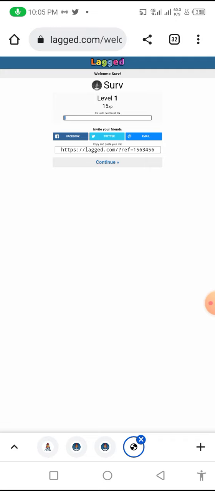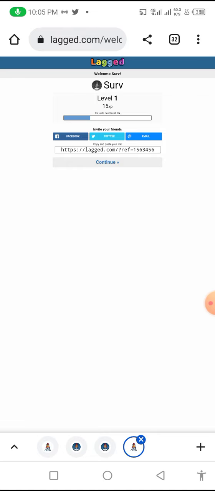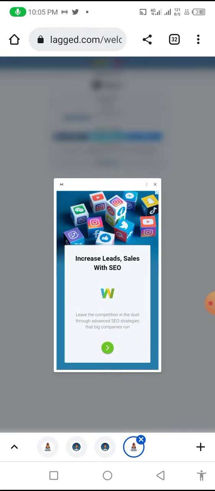Wow, it's telling you welcome soft. You save the password. It said copy and paste your link. XP until next level 35. Said continue.